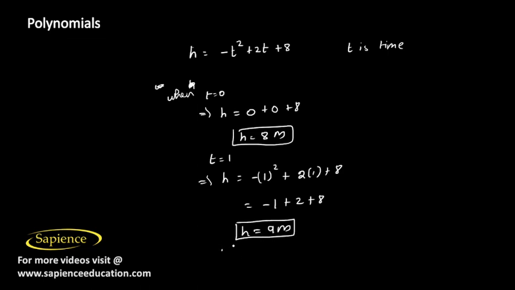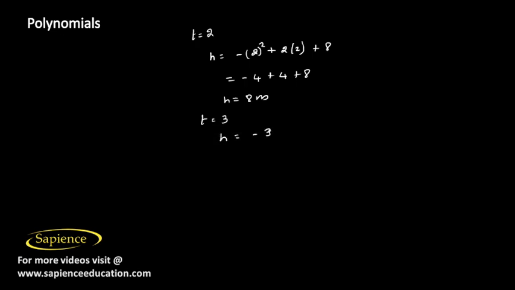When t is equal to 2, we will get height as minus 2 square plus 2 into 2 plus 8, which is equal to minus 4 plus 4 plus 8, which will be 8 meters. And when t is equal to 3, height will be minus 3 square plus 2 into 3 plus 8,